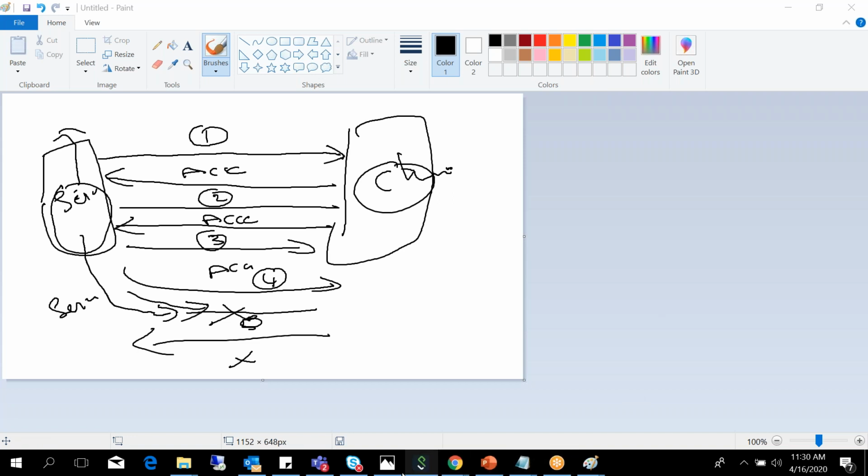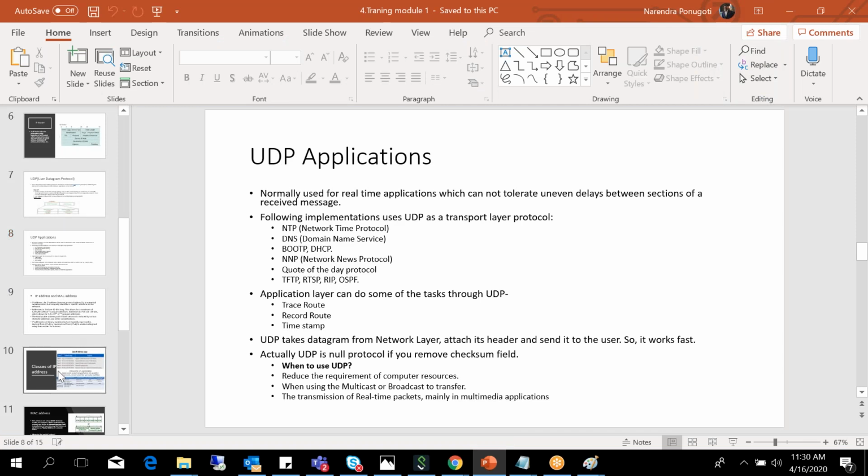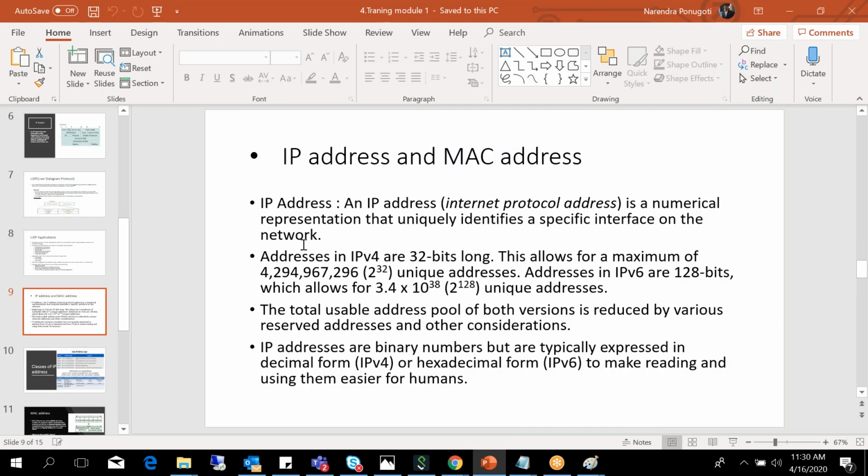The next section will be IP address and MAC address. We will discuss them. An IP address is simply the identification of any device. Let's say I'm connected to the internet, so automatically my system is assigned an IP address, because to identify any device on the internet you need an IP address. It's an internet protocol.